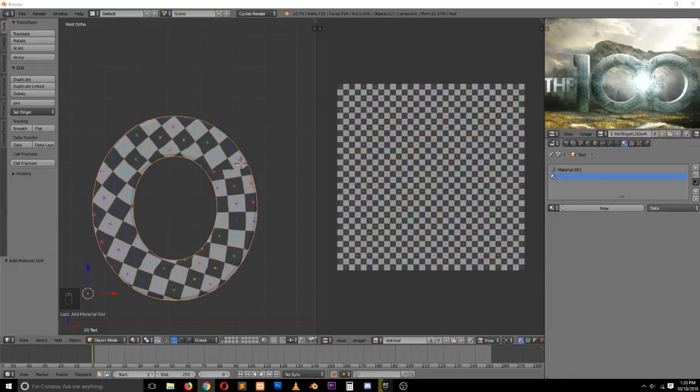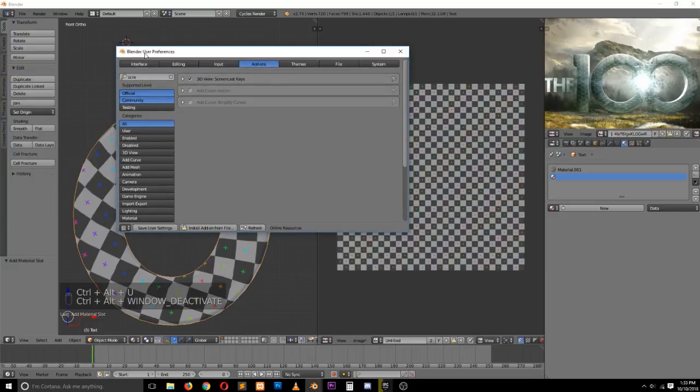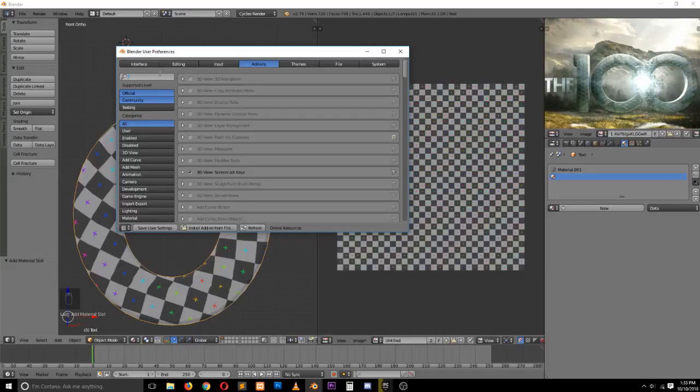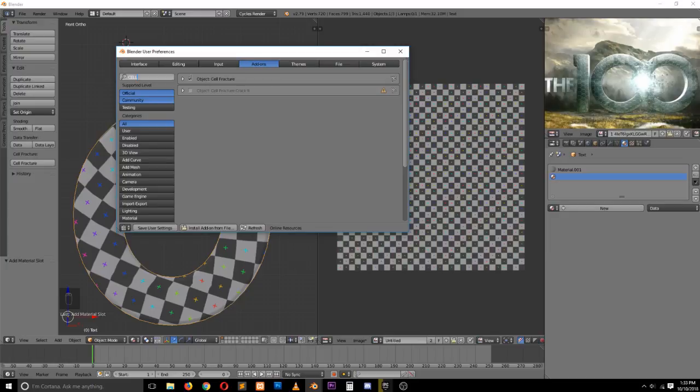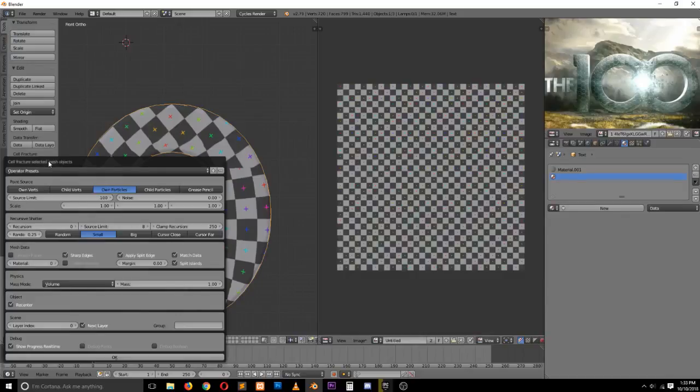So now to add this, to activate this fracture, I'll hit Control Alt U to bring up the user preferences and search for it. It's called cell fracture. Click on that, check that to bring it up here. And now you can select the mesh you want to fracture and hit cell fracture, and we can